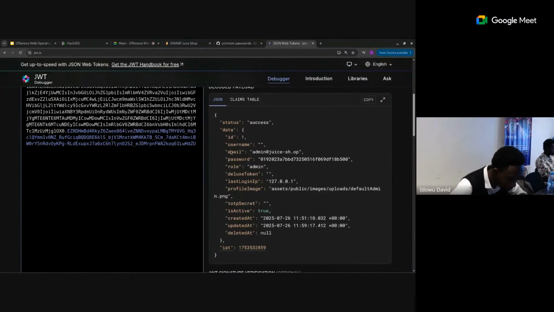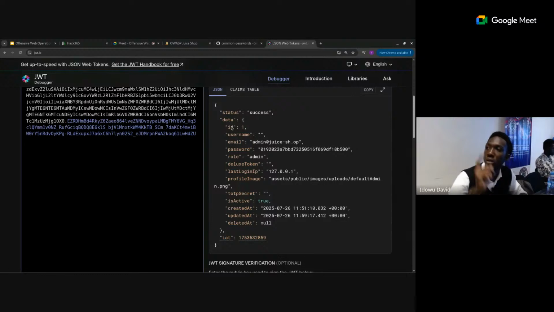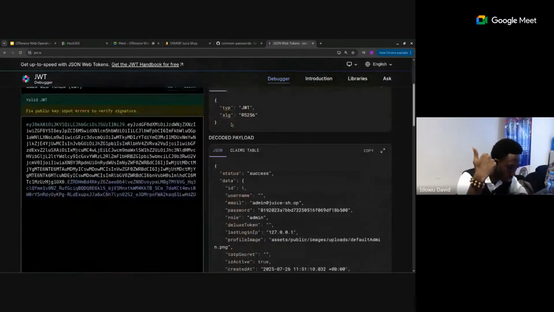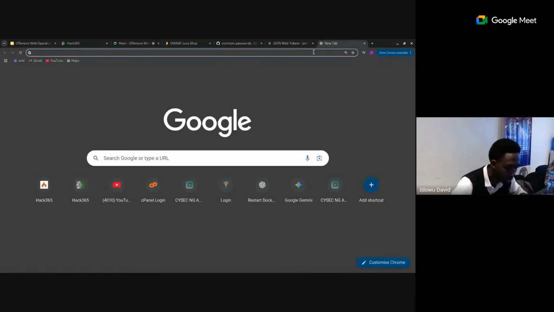And we have the content, having the success. We have the email. You see the password, although this seems to be a hashed format of the password. You also see the last login IP and all the content relating to this particular account. So, having found this, we could just copy this and find a way to dehash or